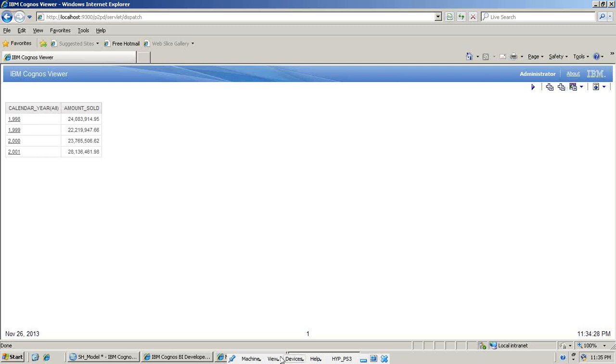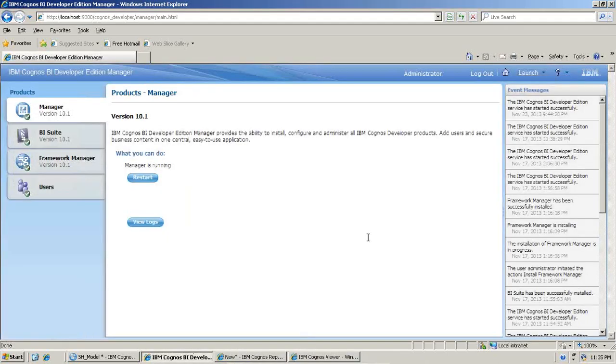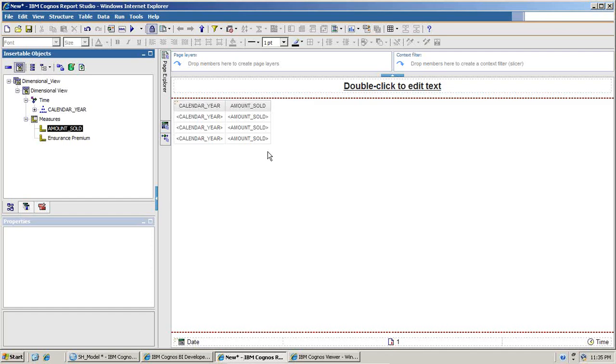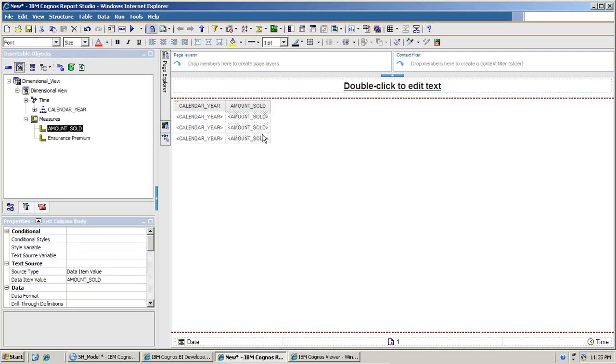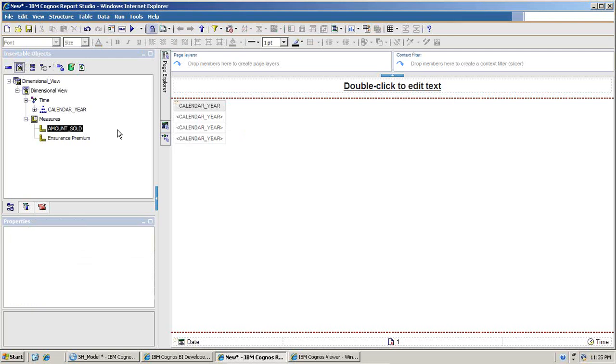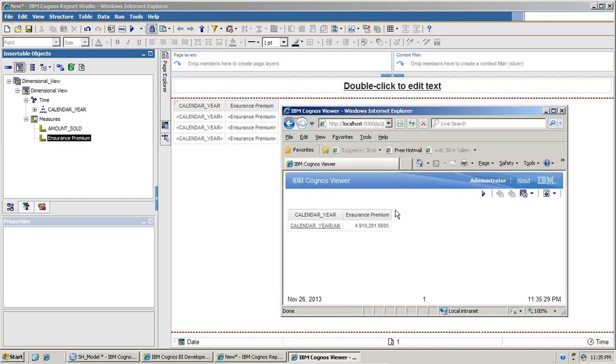However, if I look at the same report with respect to your insurance premium, I would replace the amount sold and place insurance premium over here, which is getting consolidated only at year and quarter. If I go down, it will give you incorrect information. So I process this and I see insurance premium can be paid yearly for 4 years. There are different insurance premium values. Right? I can further go down from year to quarter, and you check